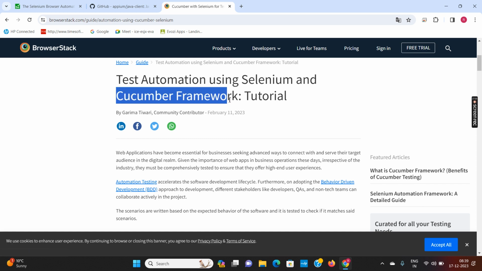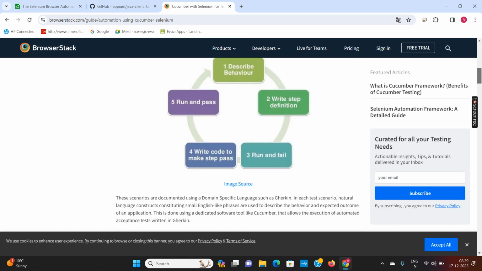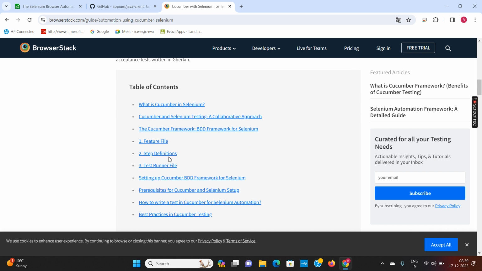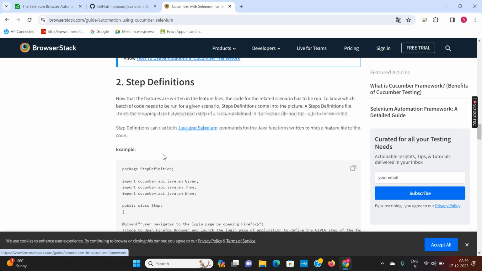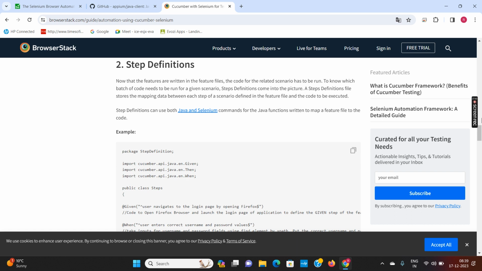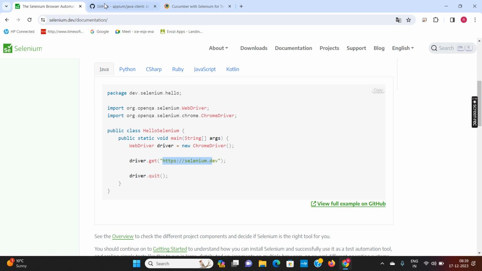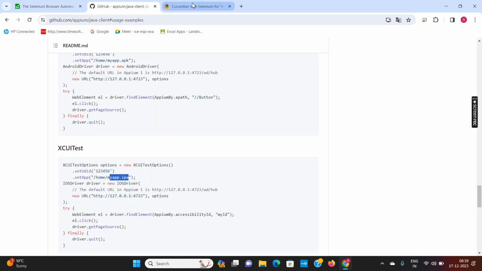Cucumber is a framework. And if you look at the Selenium Cucumber framework, it is coming in Java only. All the things which you see are coming in step definitions. If you look at the step definition, it is using the Java language only. This is a Java program only. So we will be using two testing frameworks. One is TestNG, which I have just shown you, and another is the Cucumber BDD framework, in which we will be integrating Selenium and Appium together.